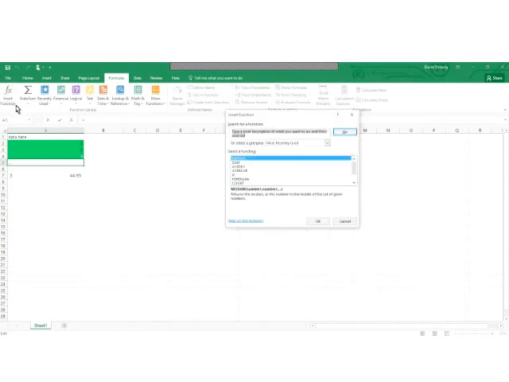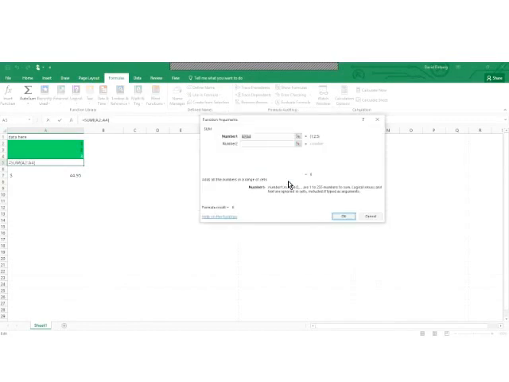Now maybe we want a sum of cells A1, A2, and A3. We could do that right here. We're going to go ahead and select the sum feature, hit OK, and as you can see, it says that we want to calculate the sum between cells A2 and A4. Alternatively, we could easily type in these numbers, so I could type in 1, 2, and 3 if I wanted to,